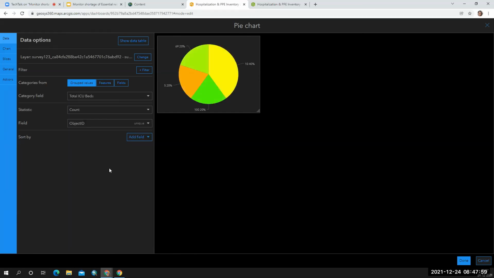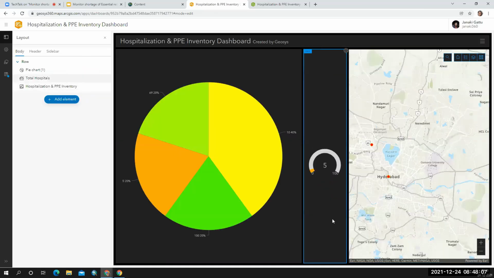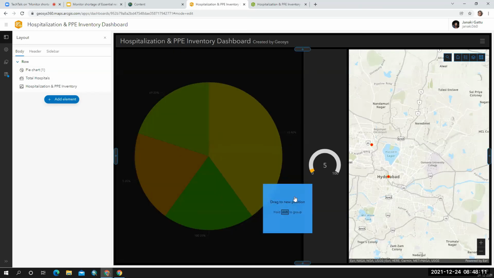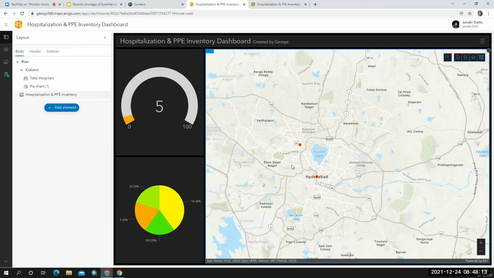Total ICU beds. So I can see the ICU beds here, and I can add in the information. So these are the total beds which we have, and this is the ICU beds which we have.